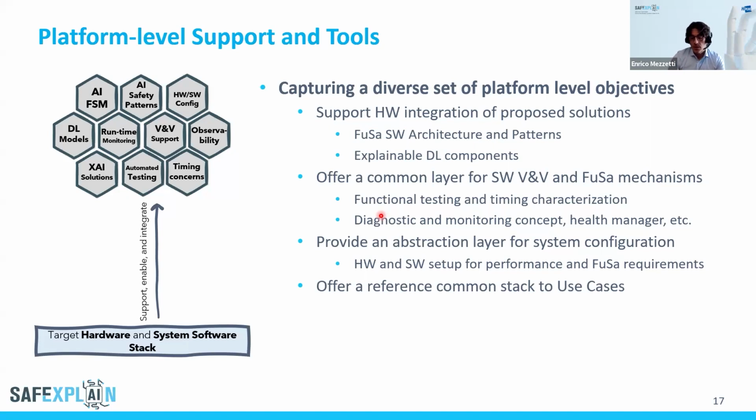Also, as part of the project, we are meant to offer a reference common stack for all the different use cases we are covering, which in fact span different industrial domains, from the railway to automotive and space domains. So what is the main